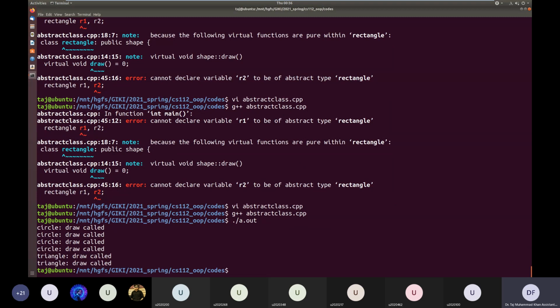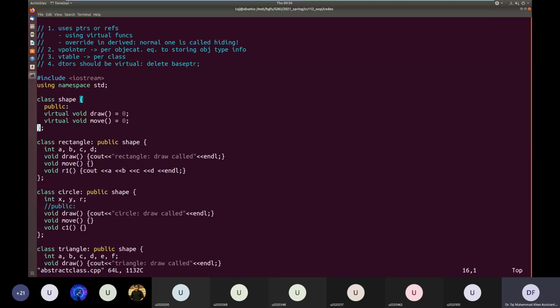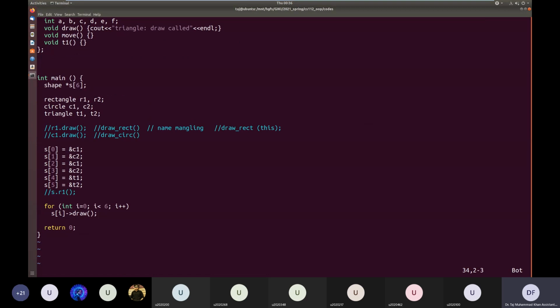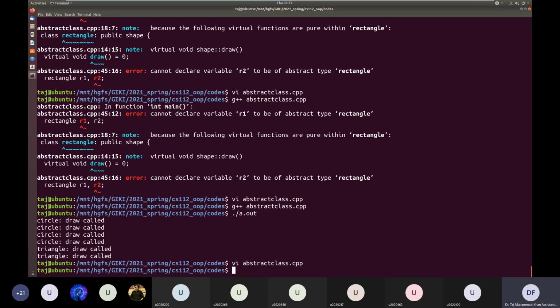Calling the draw function through a base class pointer is not giving us an error. However, if we called this function using a derived class object, then it gave us a problem.